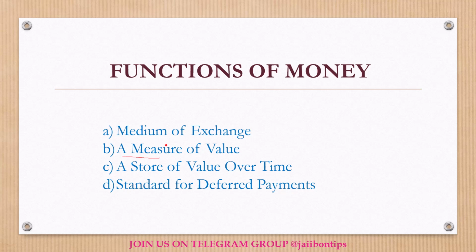Okay. Then there is a store of value over time. Money is like a little safe where we can keep our extra stuff for the future. We save money today and later on, we can use it to pay for things we need or want, right? Last one is a standard for deferred payments. Money also helps us plan for the future. When we make agreements or contracts, we use money as a promise for future payments. It's like setting a fixed rule for what we will get or give later.